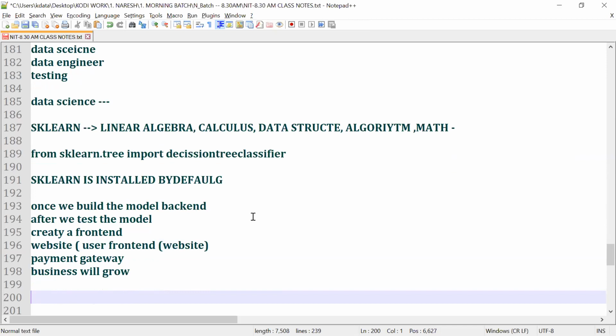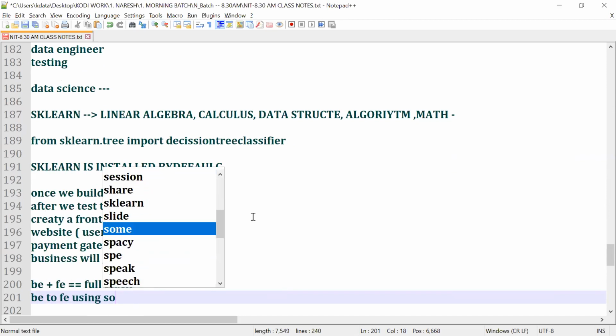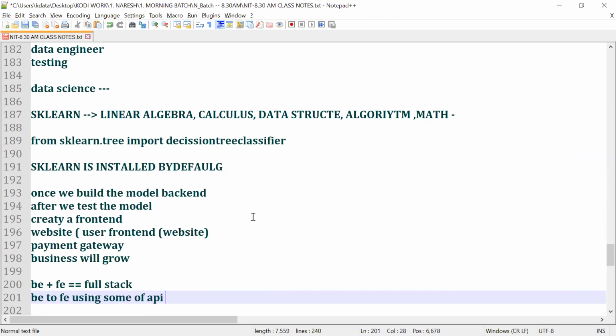So backend plus front end is called full stack. Getting my point? And we connect the backend to the front end using APIs. And what APIs will I teach? Flask and cloud.